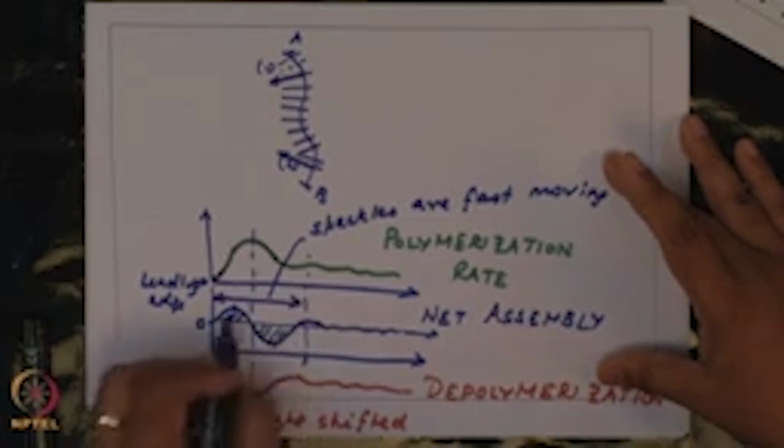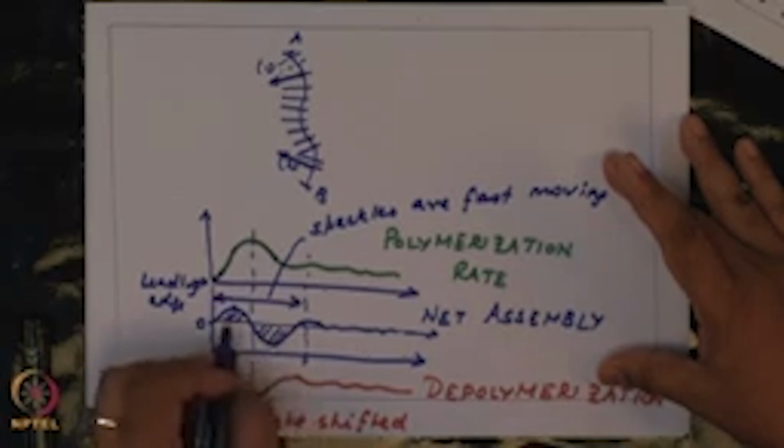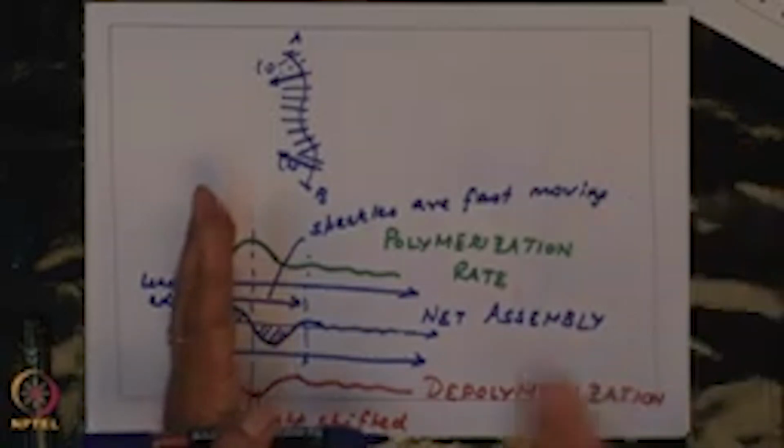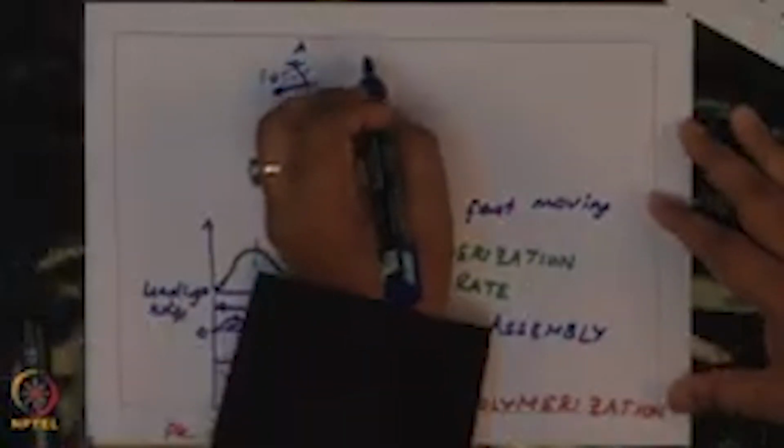So the depolymerization provides the monomers for polymerization to occur. You have a polymerization event followed by a depolymerization event, which raises the possibility that these two networks,